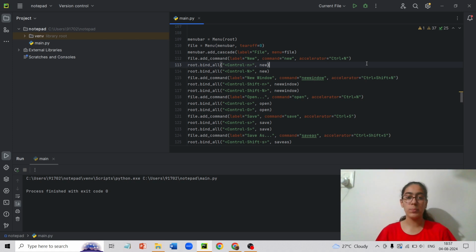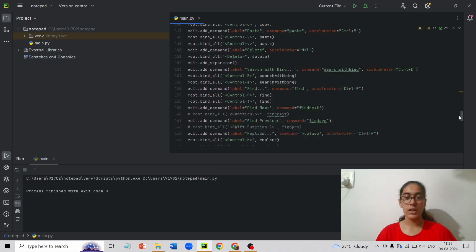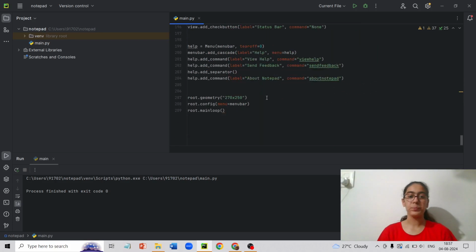Next we have root.bind_all(Control-n). bind_all means the shortcuts, like I told you. Similarly we are doing all of this, and then in the end comes root.geometry, root.config(menu=menu_bar) and root.mainloop().